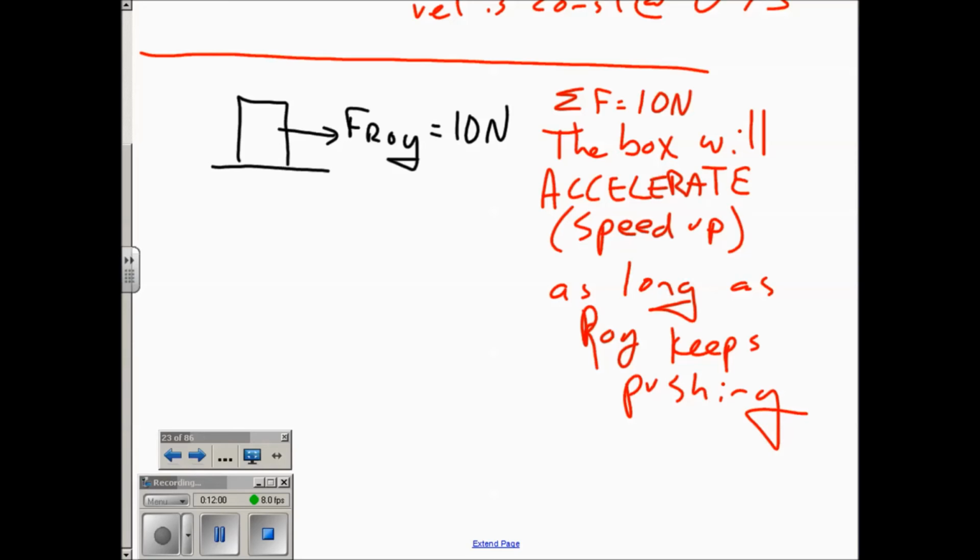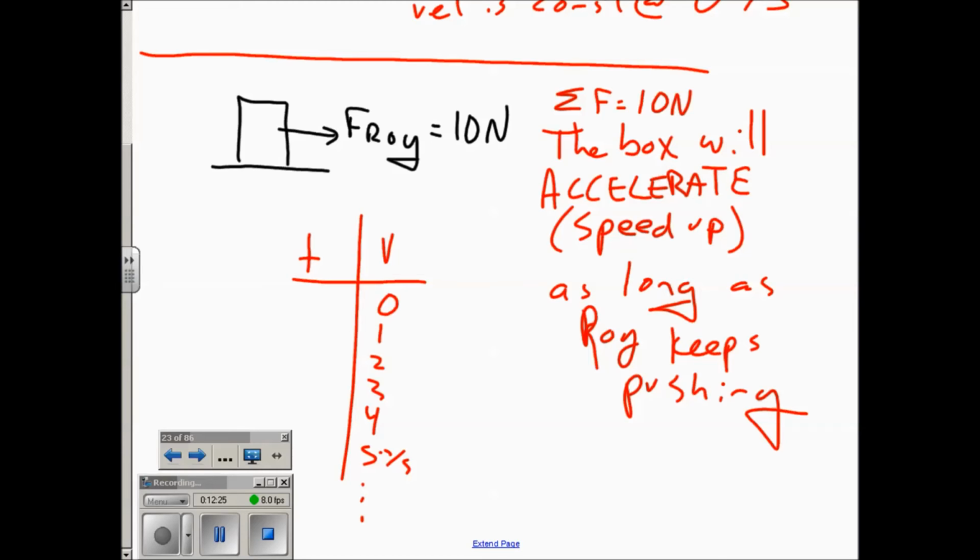Okay, so what that means is, as time goes on, the velocity is going to increase. So if the box started at rest, as long as Roy keeps pushing it, the velocity is going to get faster and faster and faster. So the velocity is going to go, whatever, 1 meter a second, 2 meters a second, 3 meters a second, 4, 5, and it's going to go faster and faster. Okay? Now, remember,